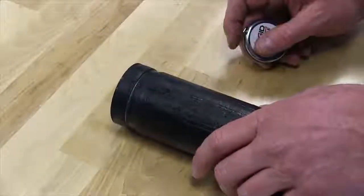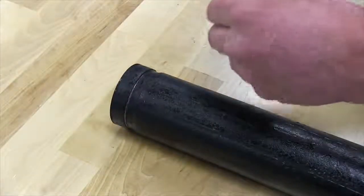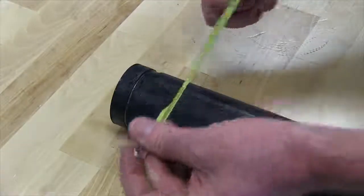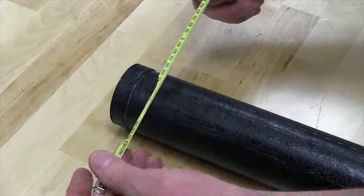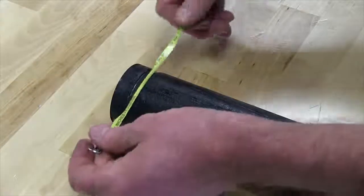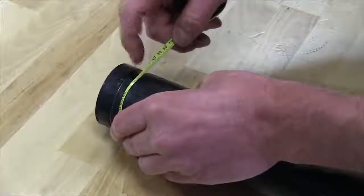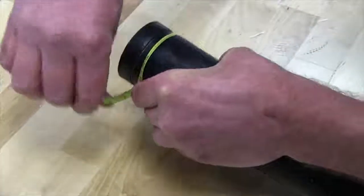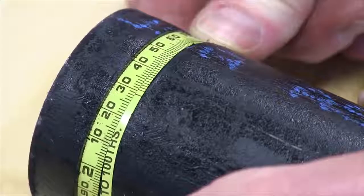Okay, now that we started to form that groove, we're going to check that with our diameter tape. This tape actually has one side just standard inches for measuring length. The other side actually has the equation built into it to measure the diameter around the pipe. That is your 0 line right where the cutout is. You're going to wrap that tape around it and pull it tight. You can see right now we're at